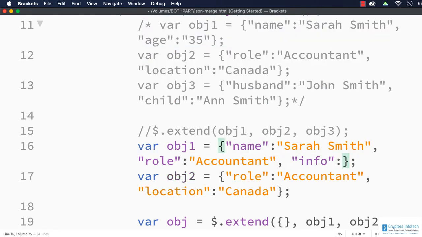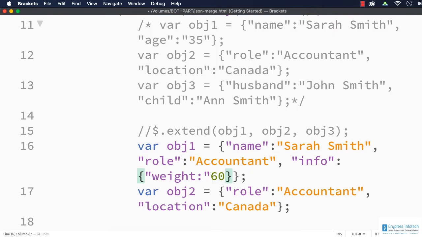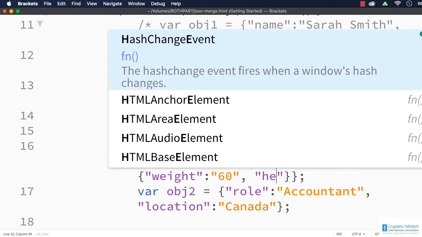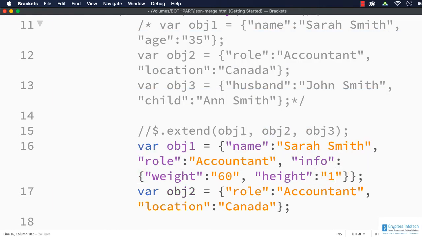Let it be again an object with weight 60, that is 60 kg. Okay. I forgot to close this, and here an extra double quotes has been added. And also I want to specify the height to be, say, 164, which is in centimeters. Okay, so I have added name to be Sarah Smith, role to be accountant, and info as weight and height.